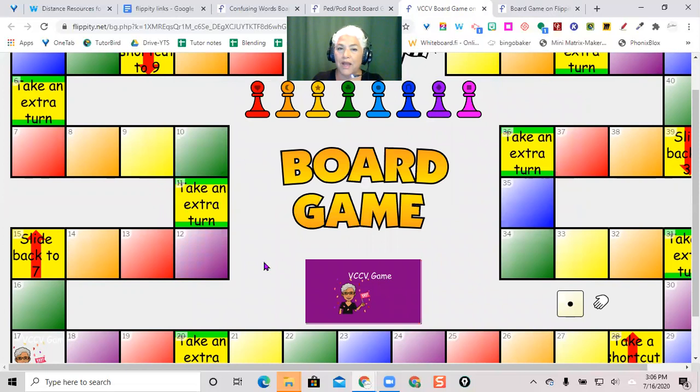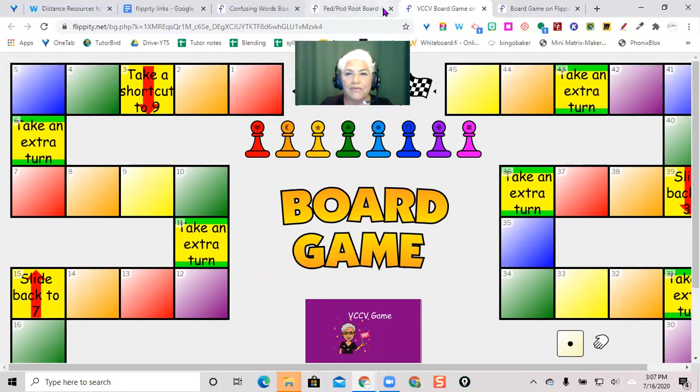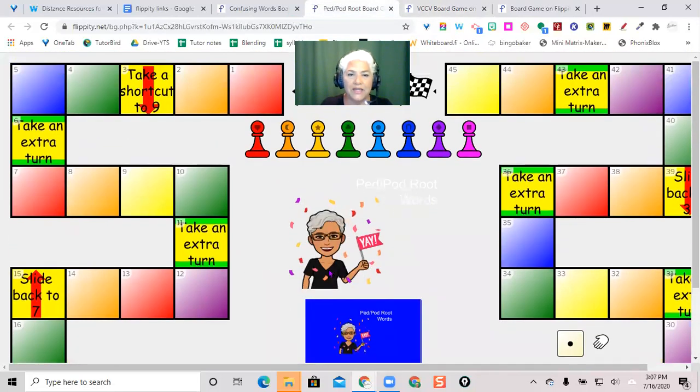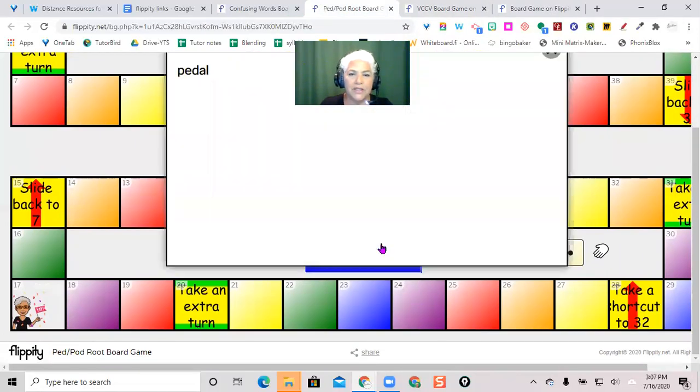So then taking my board game, I can just use the same board layout and then just copy it and make another deck of cards. So I have this one, and I made one for practicing some root words. Oh, and look, on this one, what I did was, instead of saying board game, I put in an image. I figured out where you can change that image. And this is for words with the PED, POD root words